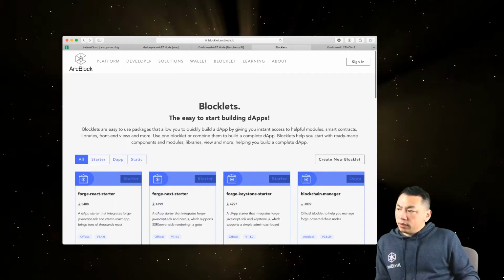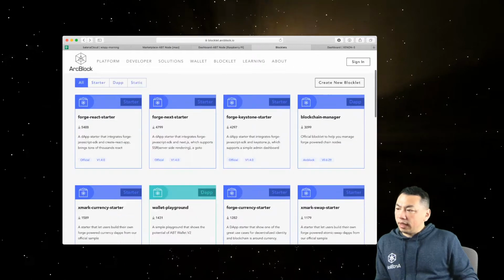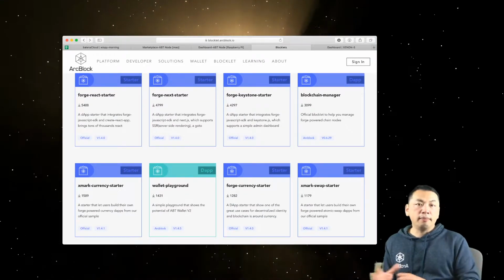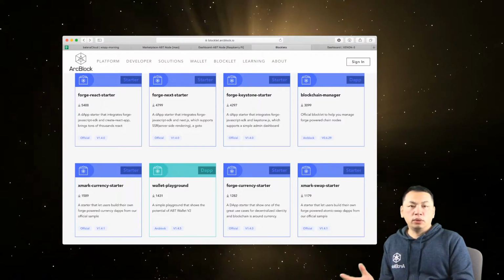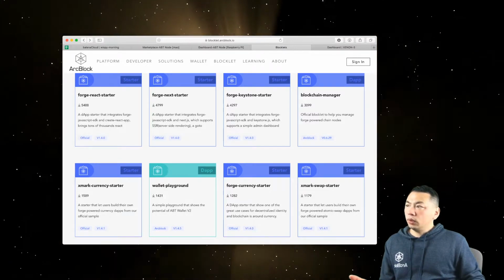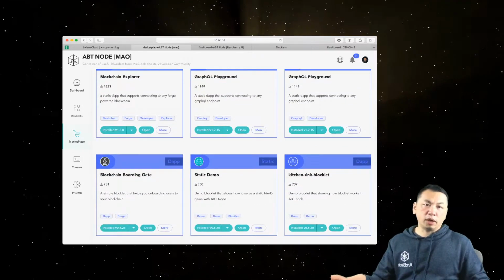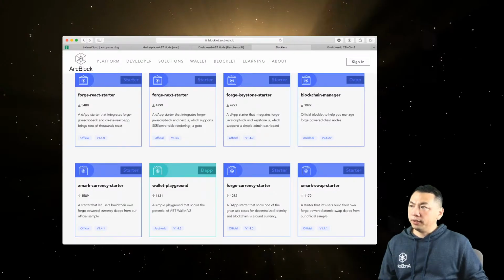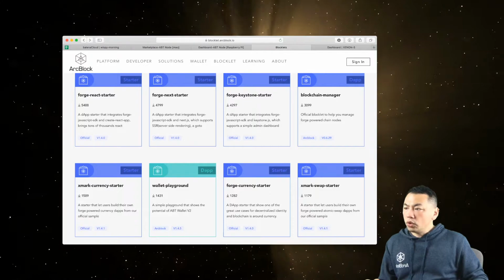If you look at each of those blocklets, they have different types. Some of the blocklets have the type called DApps, which means the blocklet is a complete application. Once you install it, you're going to have the app installed on your node. That's the blocklets you can see here. All the blocklets listed in this marketplace are DApps types. But if you look at the Blocklet website, which is blocklet.arcblock.io, you will see there are also a few other